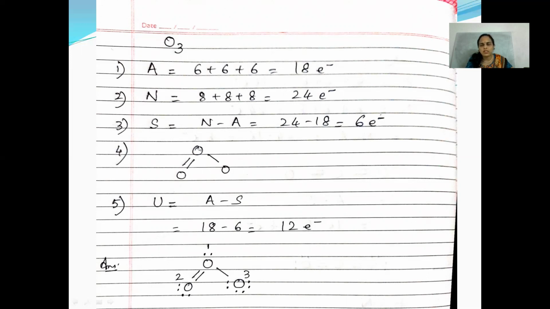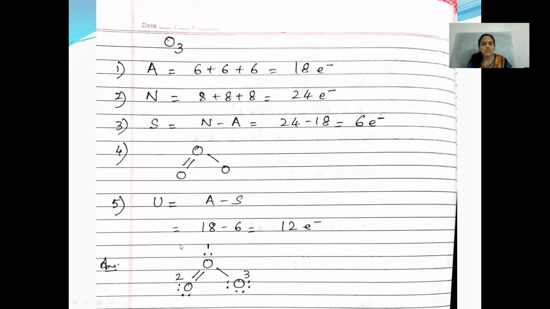So you will draw the skeletal structure for the ozone molecule, 1 oxygen in the middle and 2 oxygen on the lower side. You will put a double bond on either the left or the right, and a single bond on the other side. Here I have put a double bond on the left hand side and a single bond on the right hand side, showing 6 shared electrons. You can see 1, 2, 3, 3 bonds are there, and 1 bond represents 2 electrons, so a total of 6 shared electrons are present.